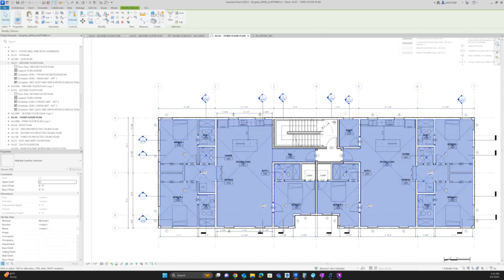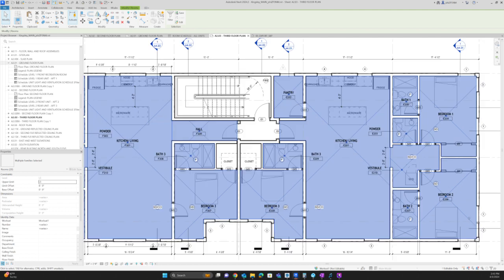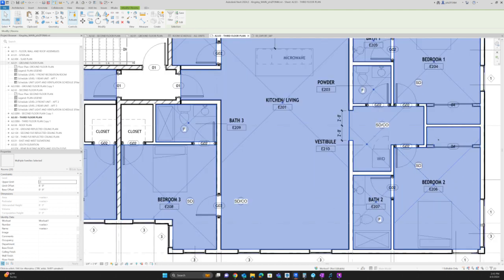Rooms. So you can see the closets aren't picking up, the hallway, the stairs aren't picking up. I should assign those as well. I see what you said. So normally for a bedroom, we want to consider the closet not as an extra space, but part of the bedroom. And so the way to do that is to select the wall and call it